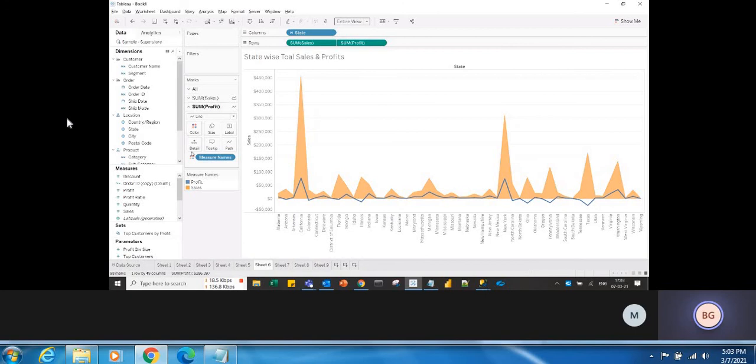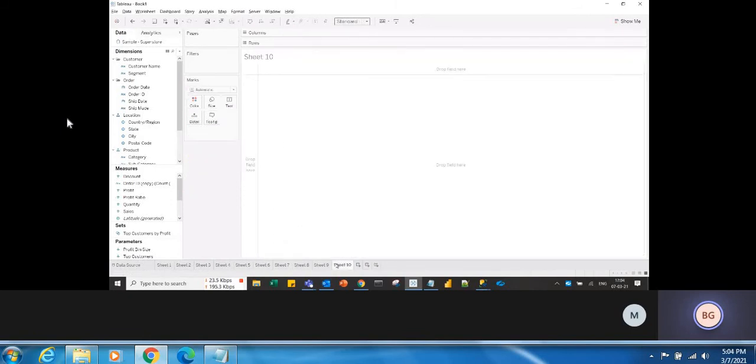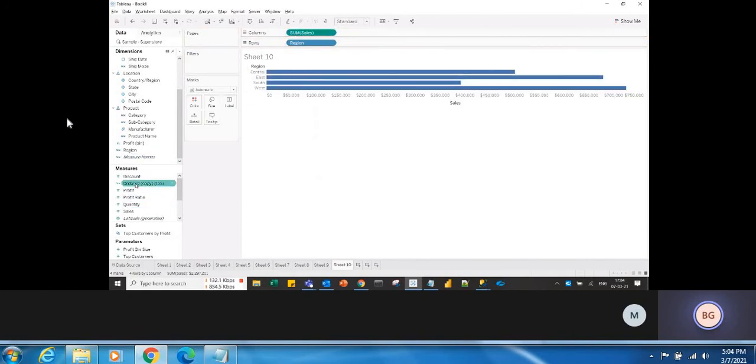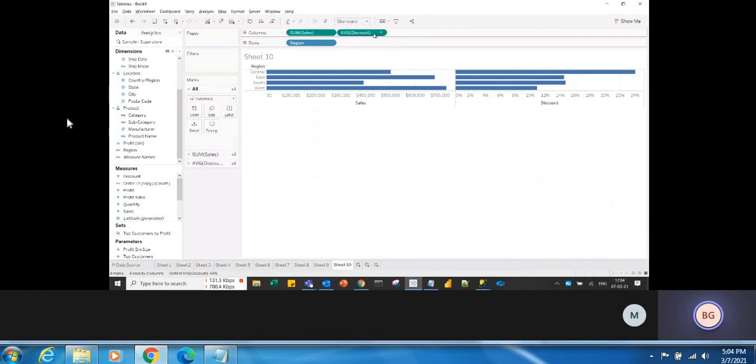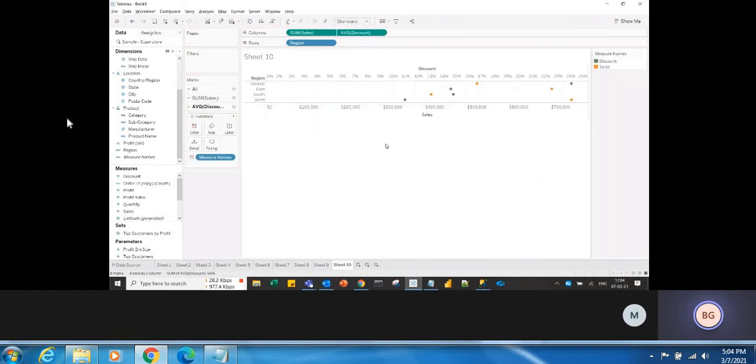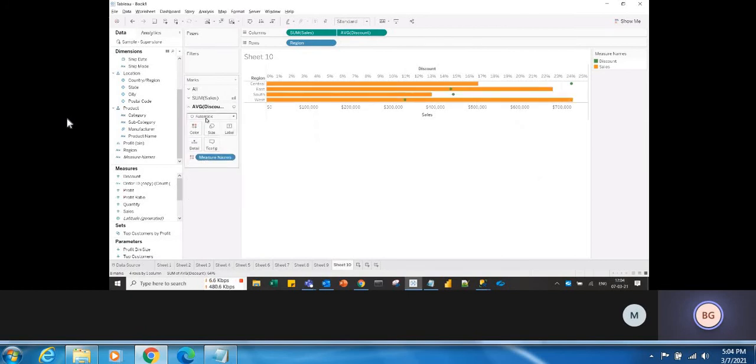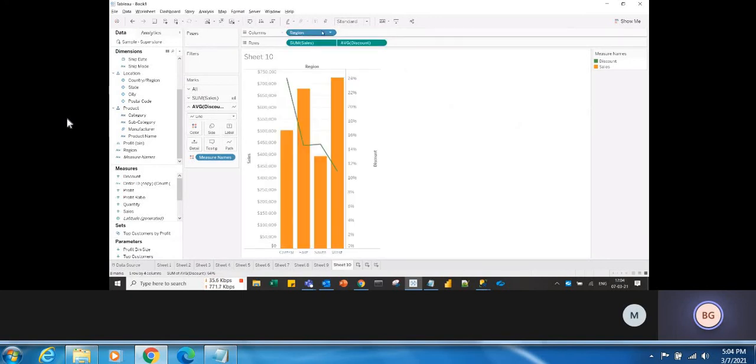Okay. So here sales is showing in thousands, 10,000s, whatever it is in the numbers, right? Even the profit was showing the same, like 10,000, 20,000. But there may be a case where you want to show, let's say region wise, sales and discount, and make this a dual axis. So sales shown in the bar chart and discount shown in the line chart. Okay, so let me convert this view and take the entire view.